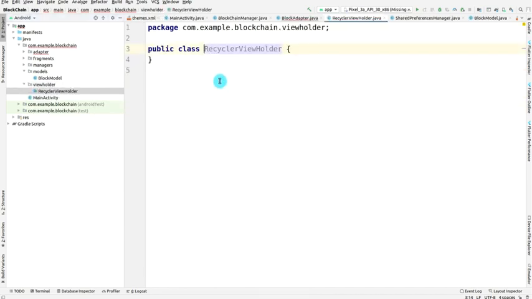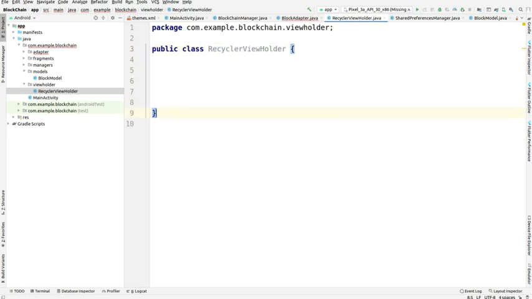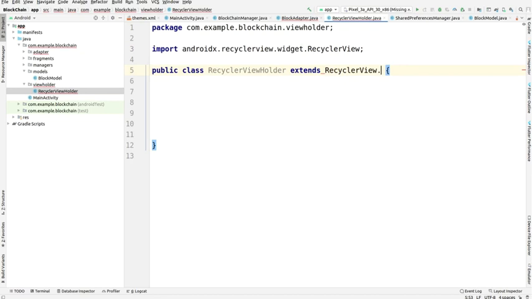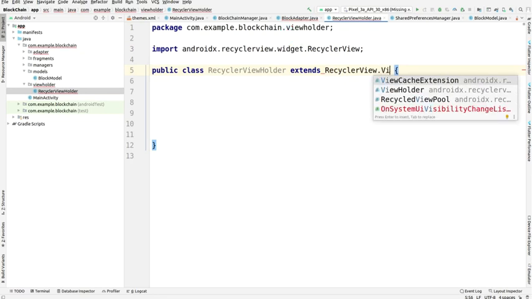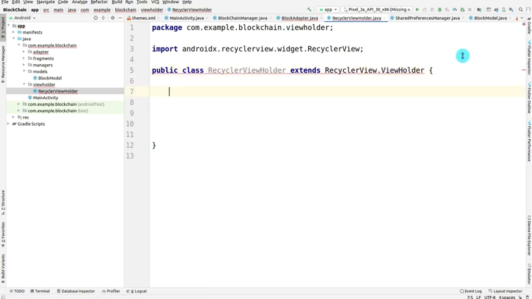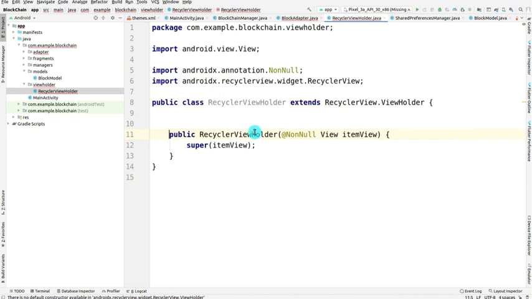Okay, so the class is created, and within this class we have to extend it by RecyclerView.ViewHolder. For now we have to implement its necessary methods and constructor.